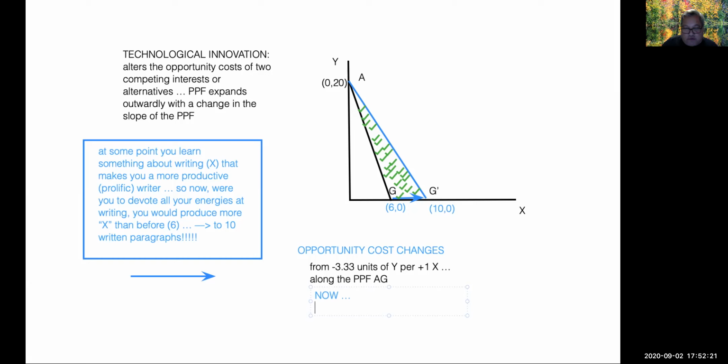So now you have to give up 2 math problems, or 2 units of y, per gain in x along the PPF called AG prime, which is the production possibilities frontier after the